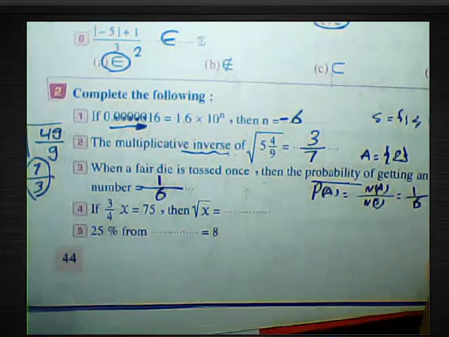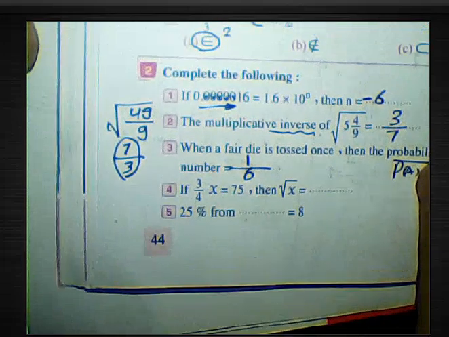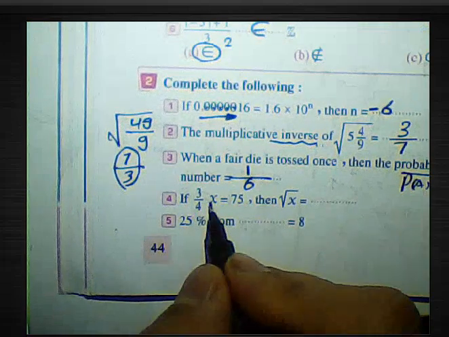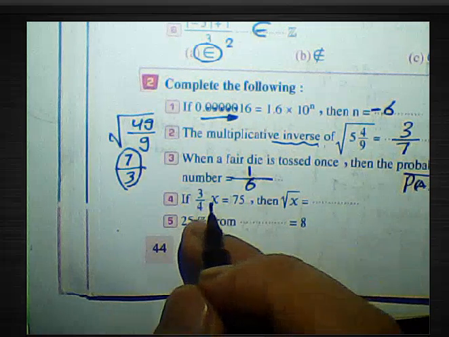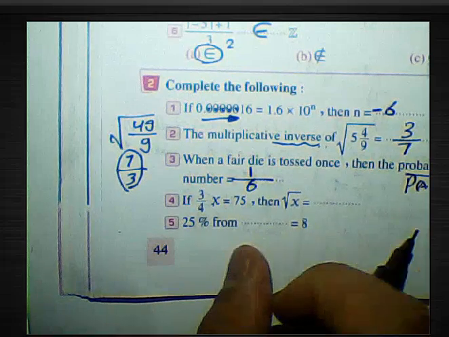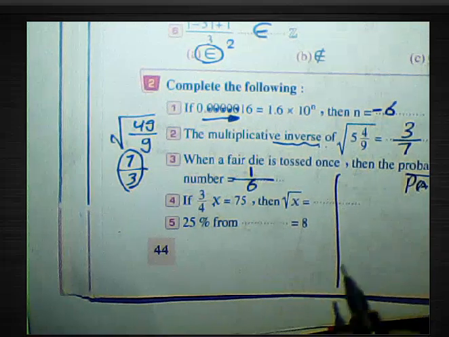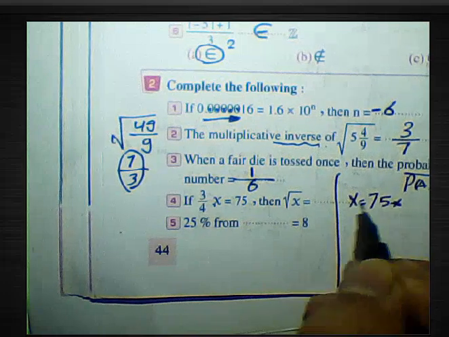If 3/4 x equals 75, then what is the square root of x? We can find x here by multiplying 75 by the inverse of 3/4, and then we can find the square root. Okay, we can write x equals 75 multiplied by